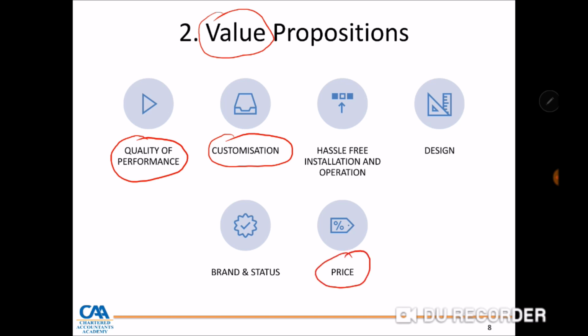Pricing can be a value proposition. If you look at a company like Huawei, the reason why they've grown in leaps and bounds has been their pricing value proposition, when they've been able to target the low end or the lower income earners, which, if you look at the global demographics, is the biggest population base as far as the global population is concerned. So the value proposition is the pricing.